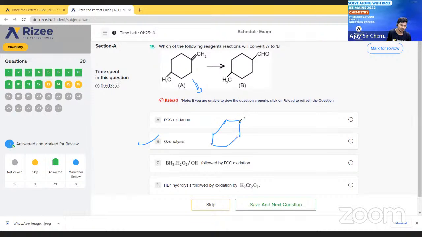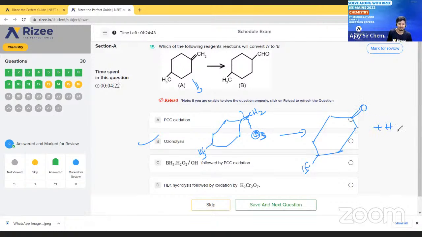This is the compound. Here CH2 is there and here CH3 is there. So when we do ozonolysis, that means we have to break the bond and add oxygen here. Just simple ozonolysis, ozone means O3. So then here we will get CH3 as it is, here we will get a double bond O, plus here we will also get